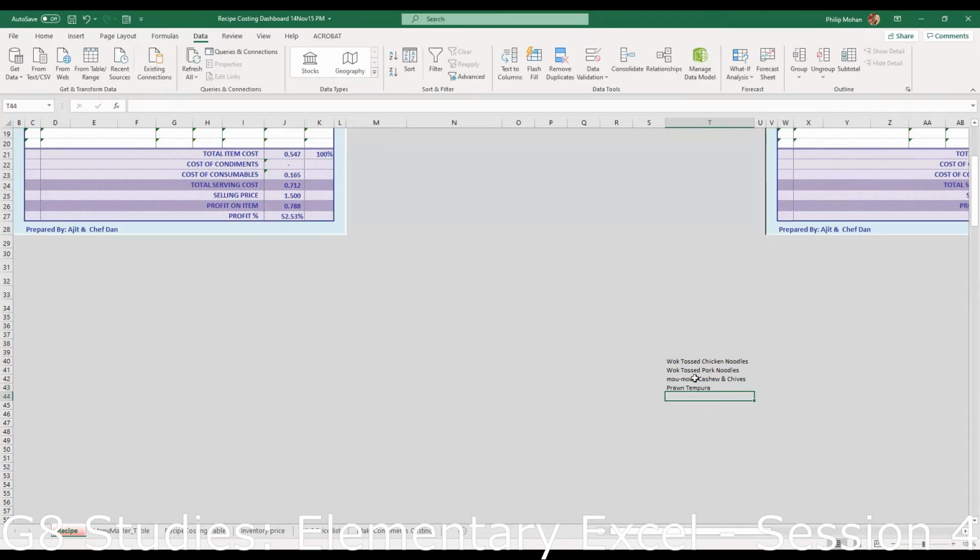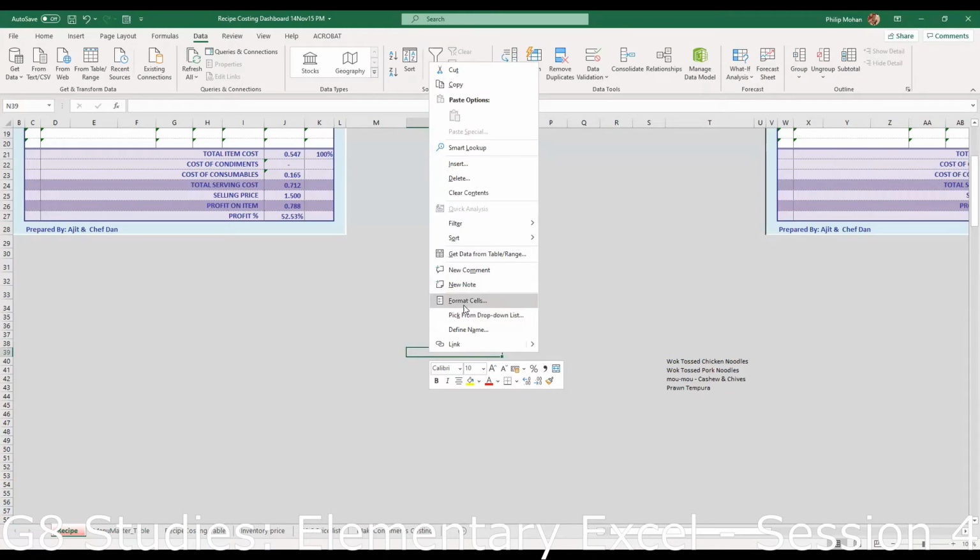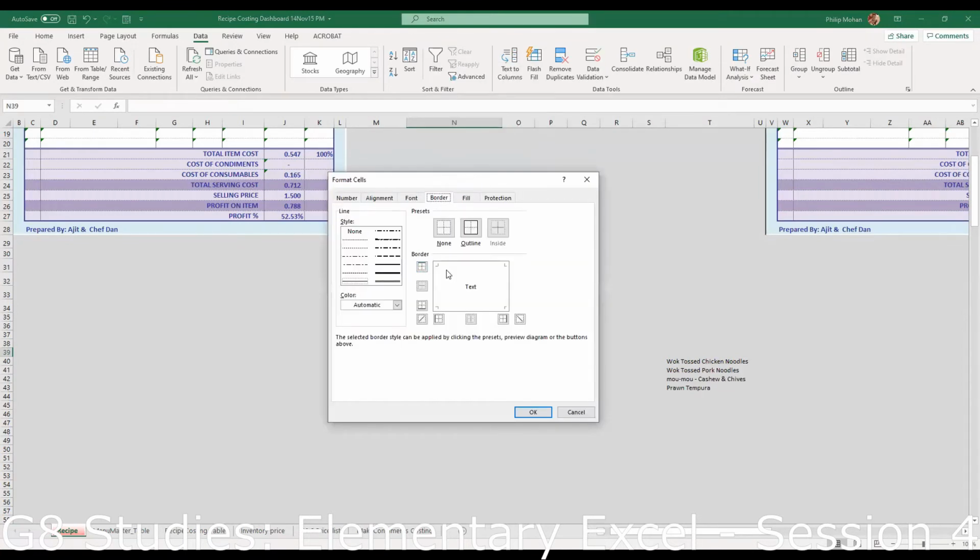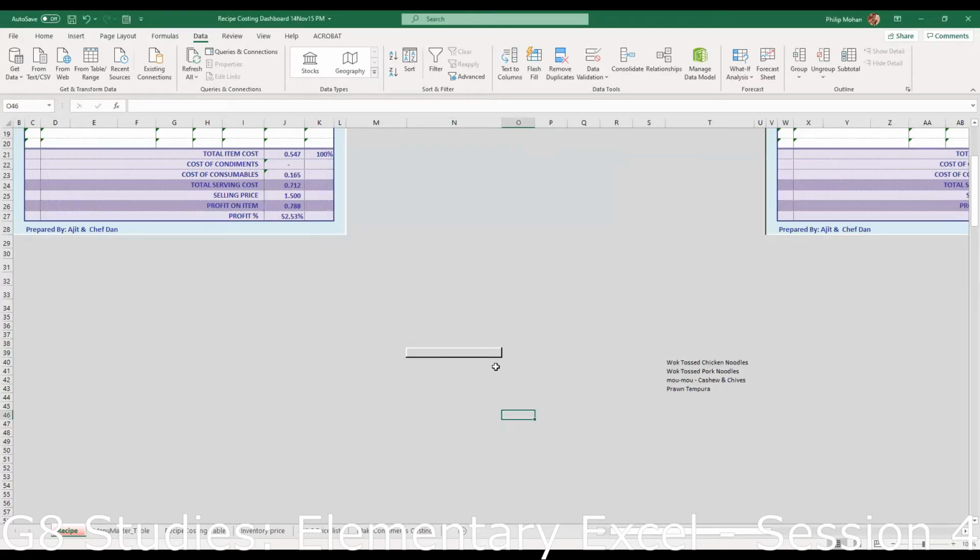Okay, now I've got these 4 items and I want to choose from them here. So this is the cell. First of all, I want to make it nice and beautiful. So I will go and remember what I told you about the shadows and stuff. Then I will choose white and I will do here and here. So you see it looks like a block now. It's only just from the borders.